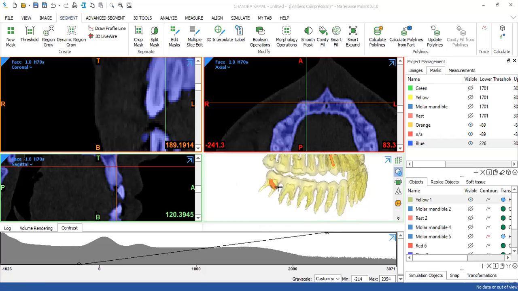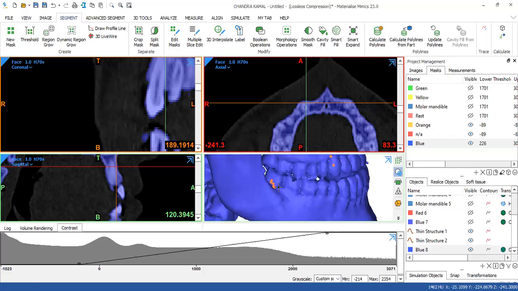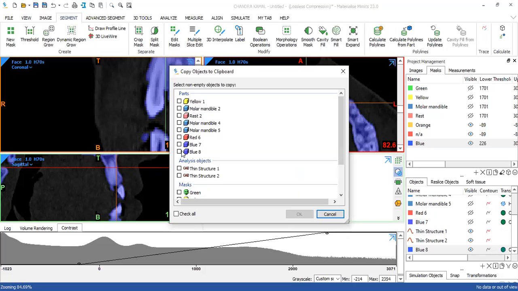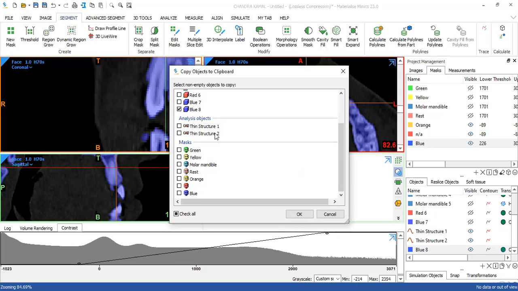Right? So we have our complete tooth anatomy here. Now I'm just going to copy these into my 3-matic project. It's important that before you copy anything to the clipboard, a 3-matic project is already there.